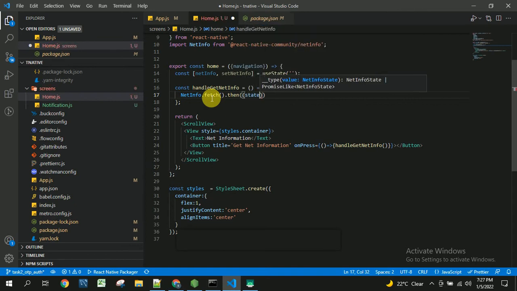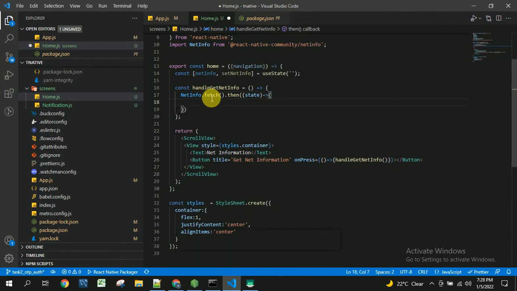Using an arrow function, we are going to show an alert message here.